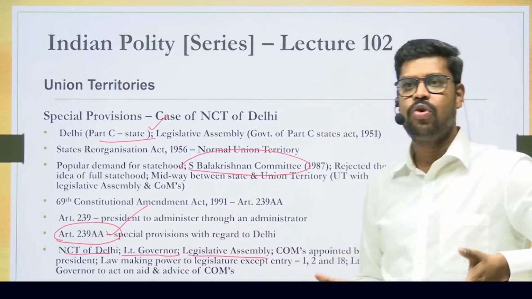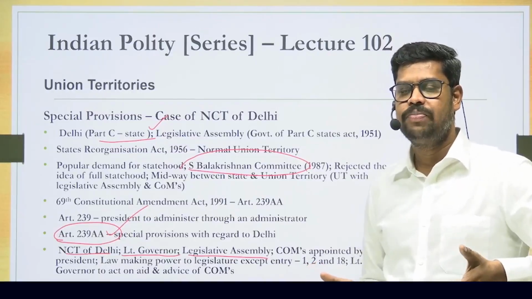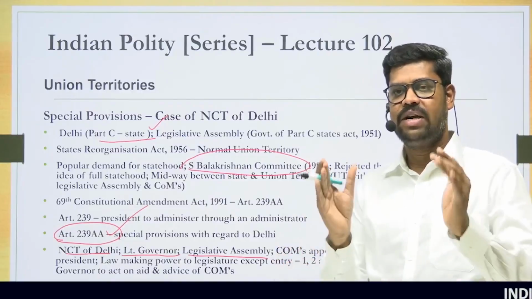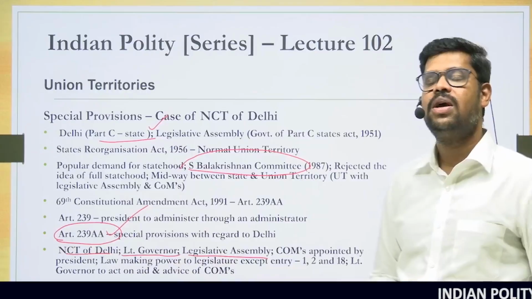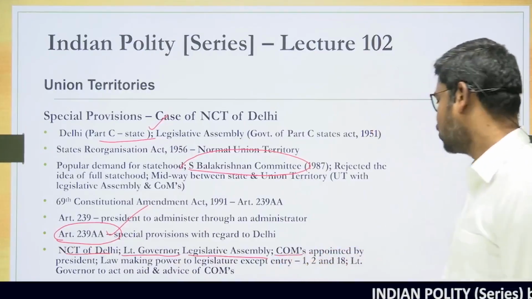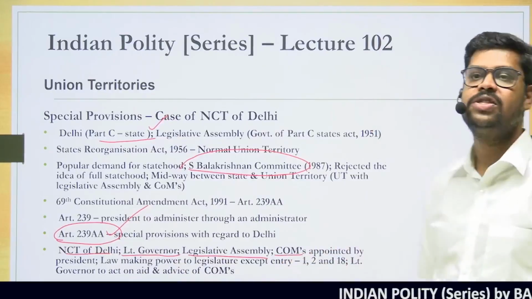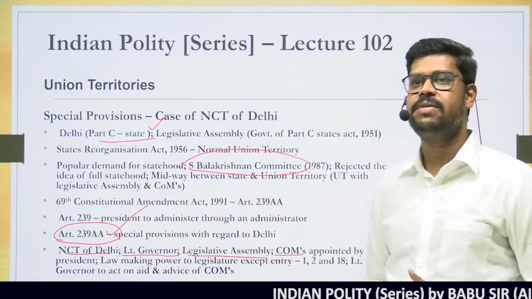So today, if you look into Delhi, how many MLAs can be elected? Can you put it in the comment box? Okay, I'll give the answer. There are 70 MLAs who can be elected, and this was possible because of what? Because of Article 239 AA. And apart from that, Delhi can also have what is called as the Council of Ministers. So this is again very important. So all these special status has been conferred upon Delhi.